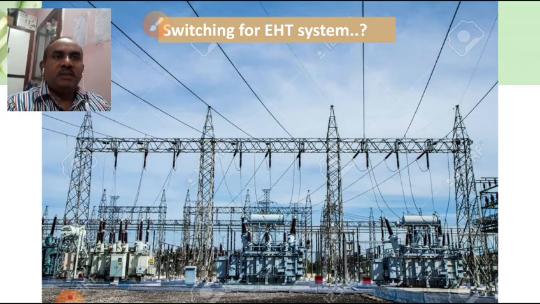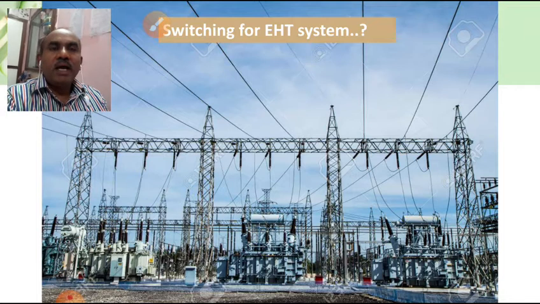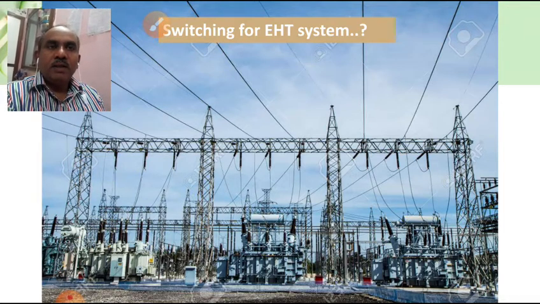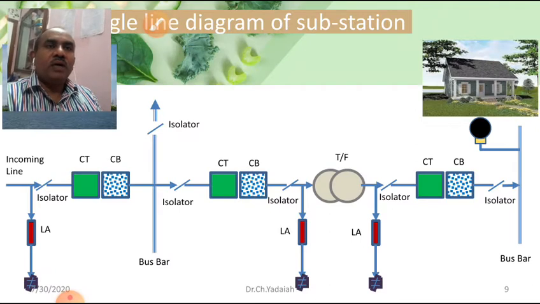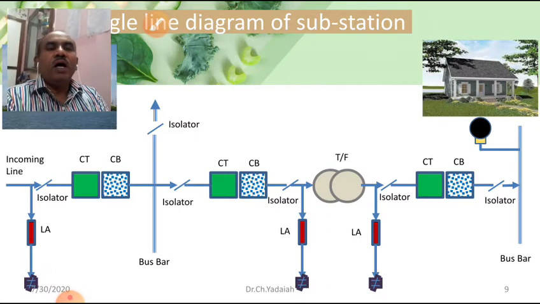Now let us see. This is a substation handling hundreds of amperes, thousands of volts. Everything should be as per IE rule. Otherwise, what will happen? If anything goes wrong, total system collapse. As you know, what is happening now. As a student, we should know how this switchgear and protective equipment